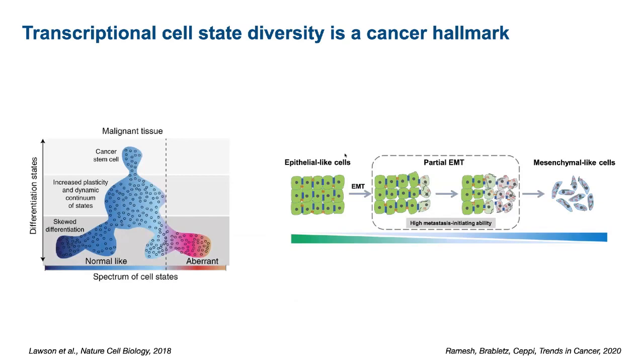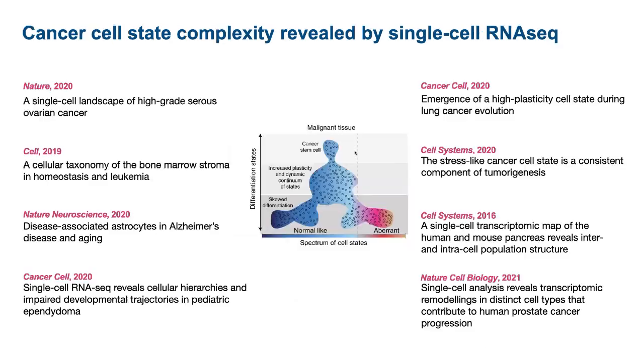However, we now wanted to leverage this multiomic platform to inform the question of transcriptional cell state diversity in cancer. The notion that cancer are composed of cells that are diverse in their transcriptional state has been reported for many years, if we think, for example, about axis of cell-to-cell variation, like epithelial to mesenchymal transition. However, recent single-cell RNA-seq efforts in the field have shown that this phenomenon is ubiquitous across many cancer types. And so cancer are made out of cells that are transcriptionally heterogeneous, often in a way that is independent